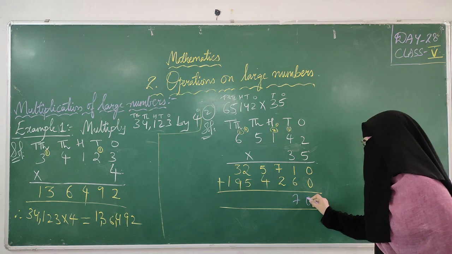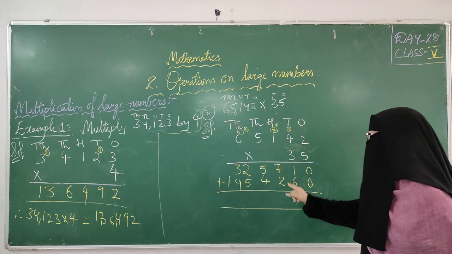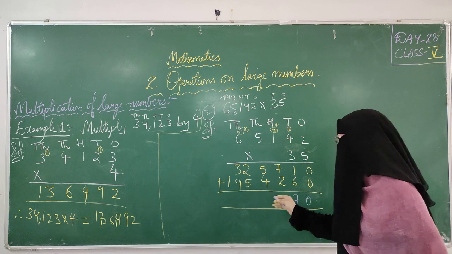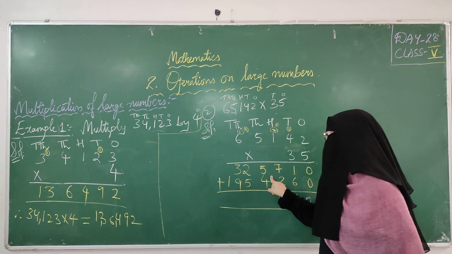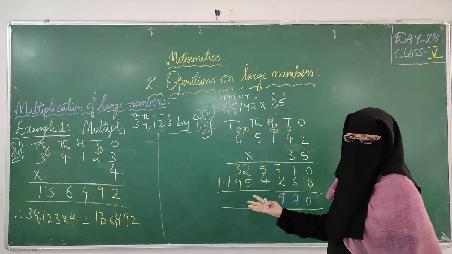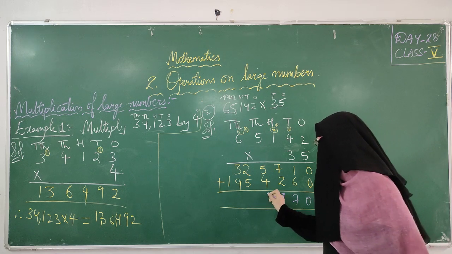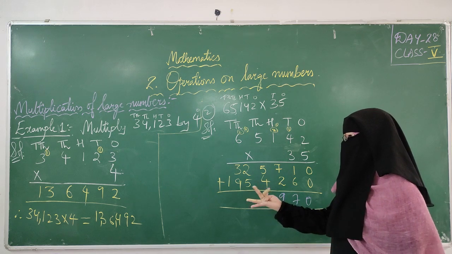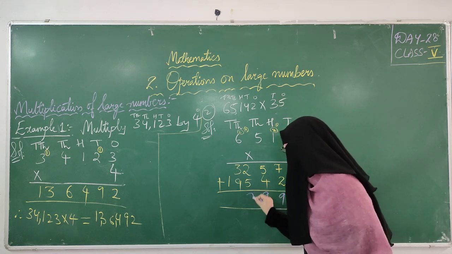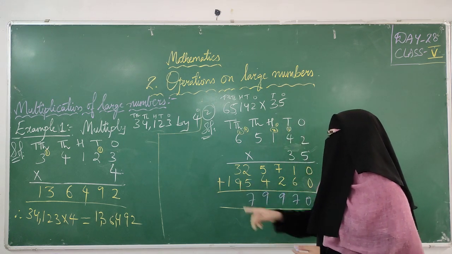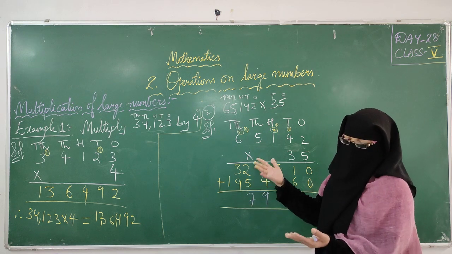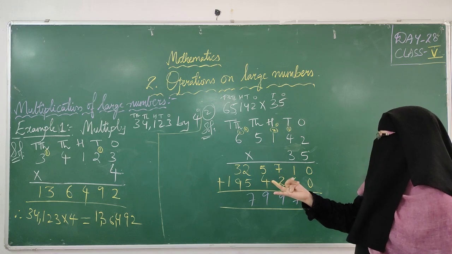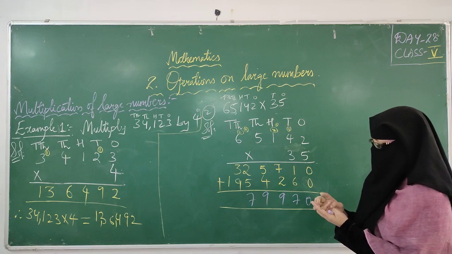0 plus 0, 0. 1 plus 6, 7. 7 plus 2, how much? 7 keep in your mind, 2 on your finger. 8, 9. 9. 5 plus 4, 5 keep in your mind, 4 on finger. After 5, 6, 7, 8, 9. 2 keep in your mind, 5 on your finger. After 2, 3, 4, 5, 6, 7. 7, right? Keep 3 in your mind, 9 on your finger. 9 on my finger, I am keeping 3 in my mind. After 3, I am counting 4, 5, 6, 7, 8, 9, 10, 11, 12.